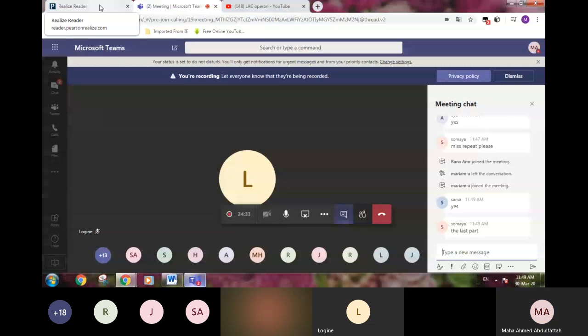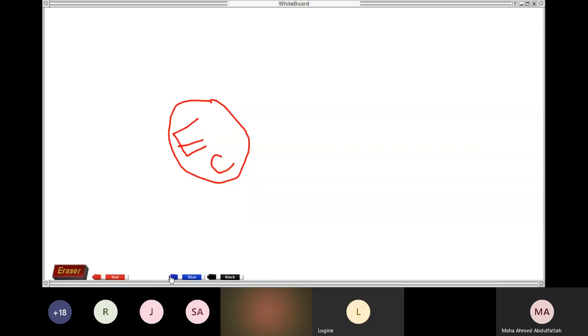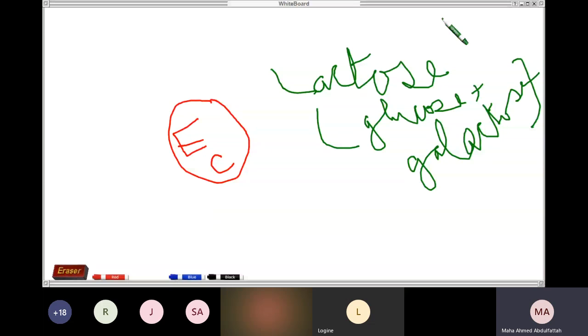Let's go to our board here. If I say, for example, this is the Escherichia coli, the bacteria. Escherichia coli feeds on lactose sugar. If you remember, we have taken about lactose sugar. It is a disaccharide that consists of glucose plus galactose. Escherichia coli feeds on this type of sugar. Whenever lactose is found,